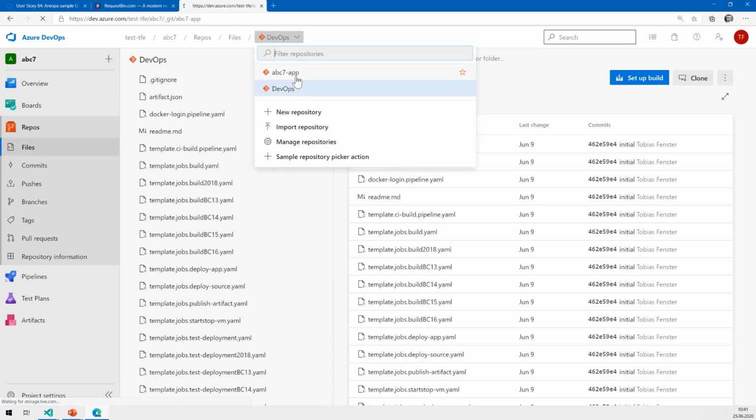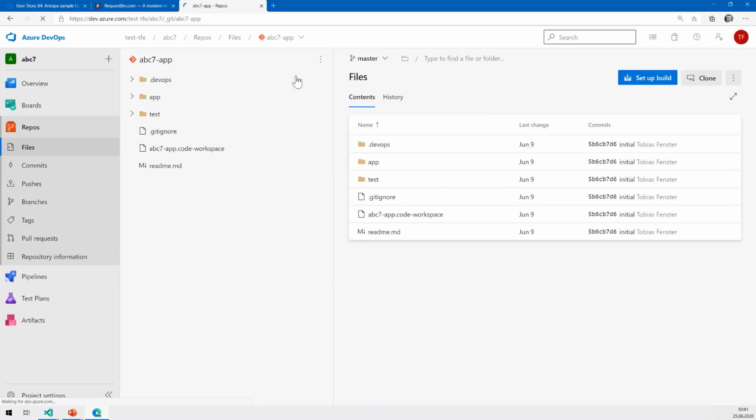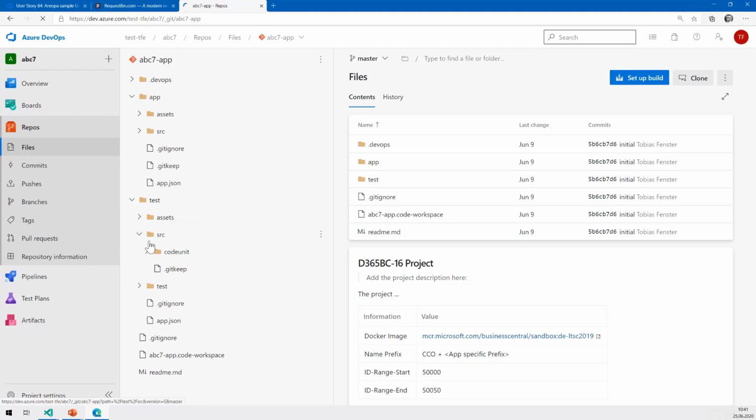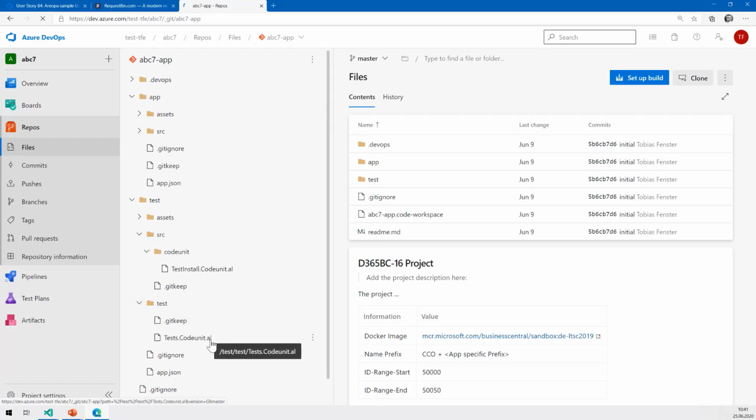And the second thing that is created is the base for the Business Central project. So we have the workspace file, we have a structure for our app, including the app.json, and we have a structure for our test app that includes everything in here, and even has sources to install and the base of a test codeunit in here as well. So the idea is really to make sure that a developer who wants to start has everything pre-created. They don't need to worry about the structure of the project.